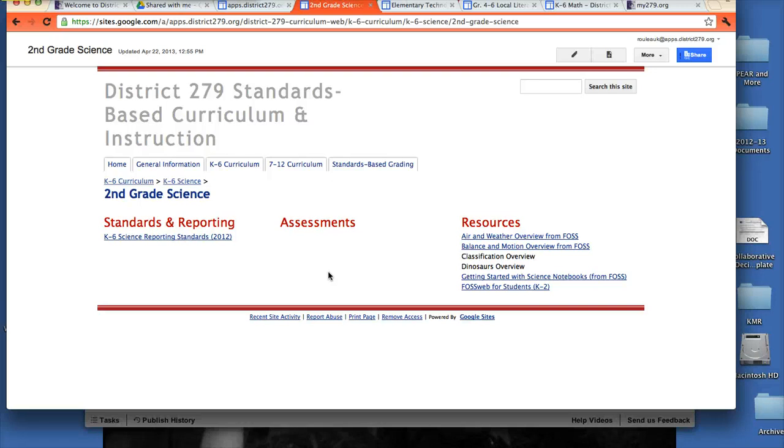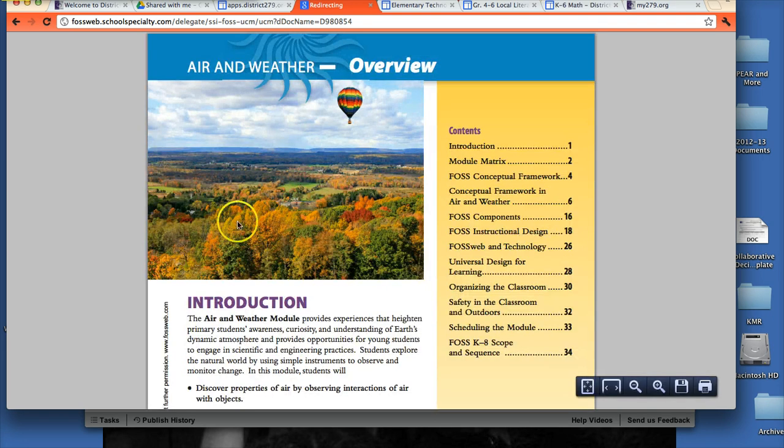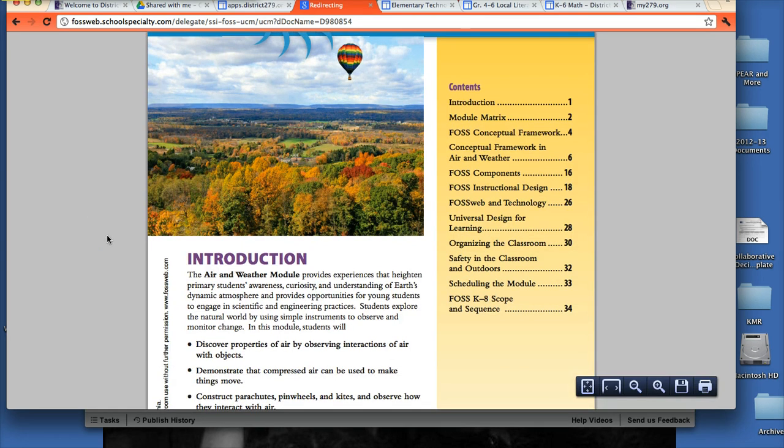In any case, here on the science page, we currently have some grade levels that are linked to overviews from FOSS. This particular one goes to FOSS-Web, and it is the Air and Weather Kit overview that would be provided in your teacher guide. It's a little slow in loading here this evening, but there it is. This is teacher information that would be accessible to you from wherever you are because it's web-based.